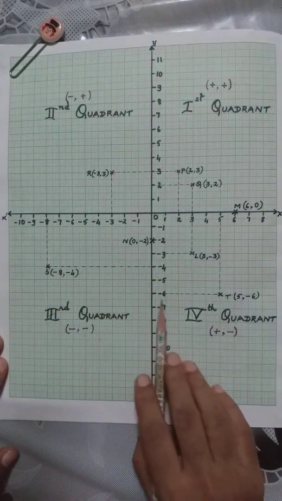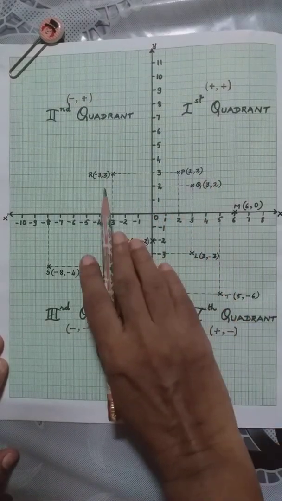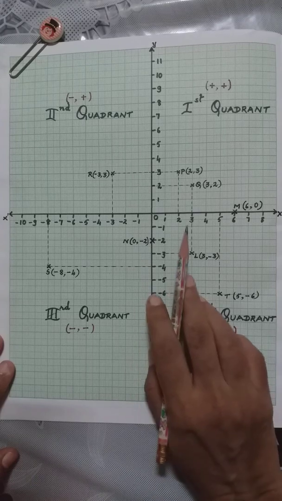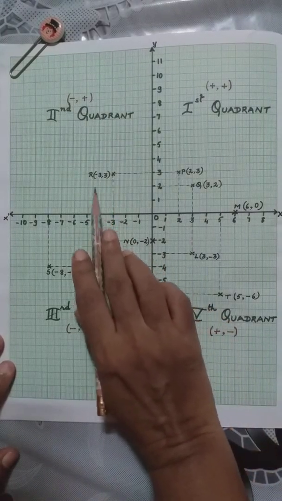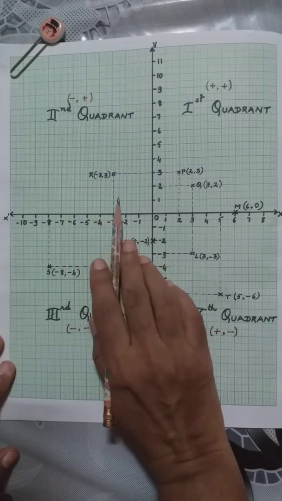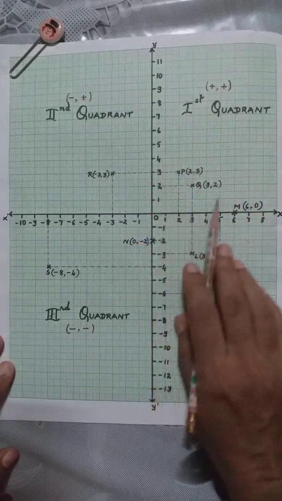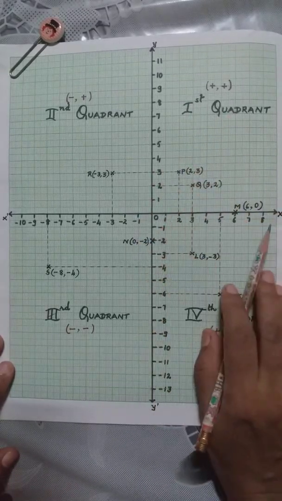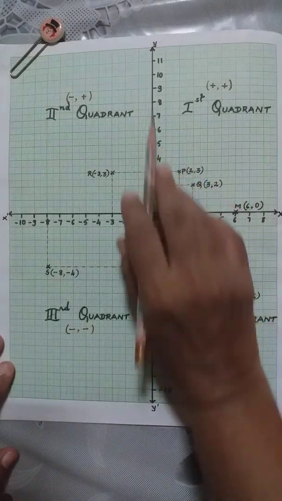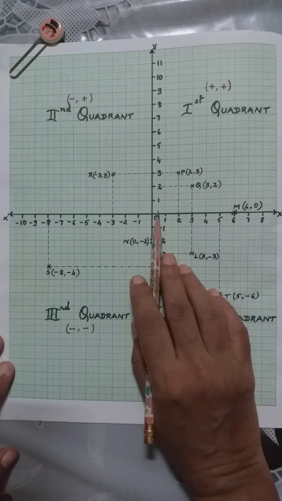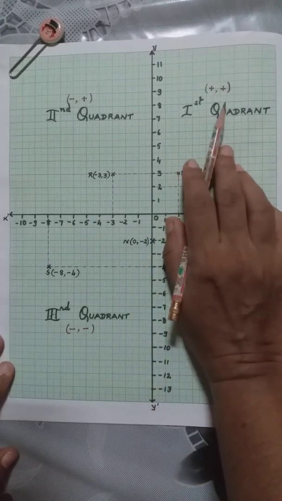In the same way, on the y-axis I also have negative numbers. So let us see what will be the signs of the coordinates of the points in different quadrants. Now if you see, the first quadrant is bounded by the x-axis, where we have all positive numbers, and the y-axis, which has all positive numbers. So what can we expect the signs to be?